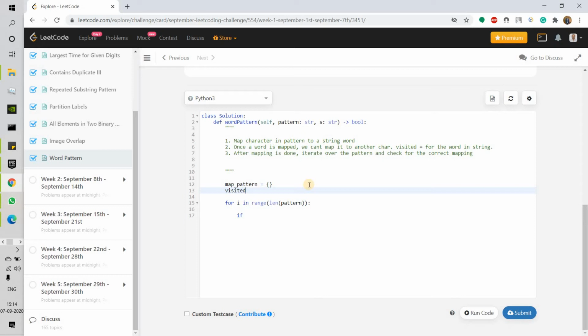So visited is a set. What are we going to put in visited? We need to split the string into a list. So we'll split it,